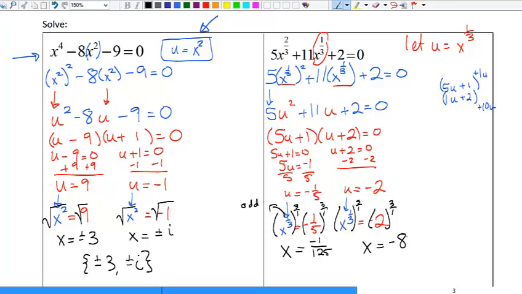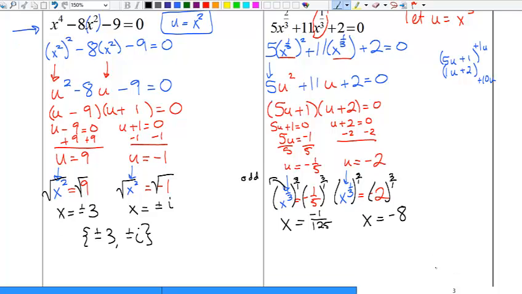I say potential because on step 5 it says I have to check my solutions. It's mandatory if the original equation includes rational exponents, and they do. Because there's a fraction in the exponent, I have to check my work here. I must. This is not something I can just skip over. So I am going to first check